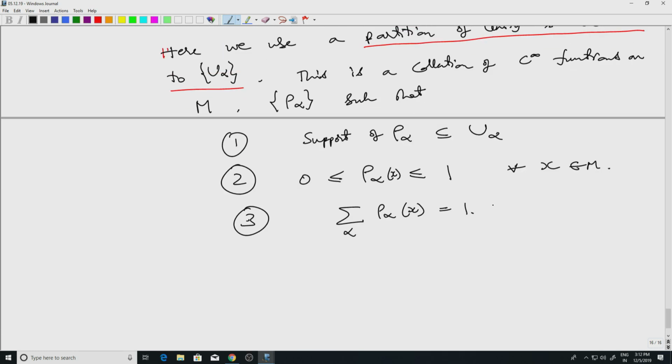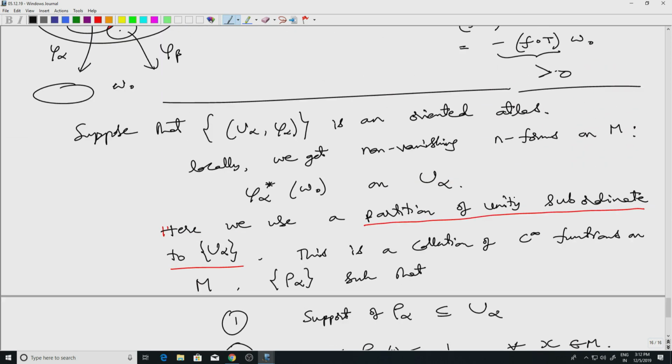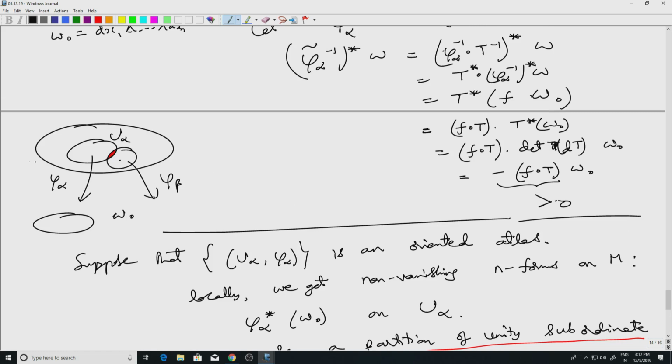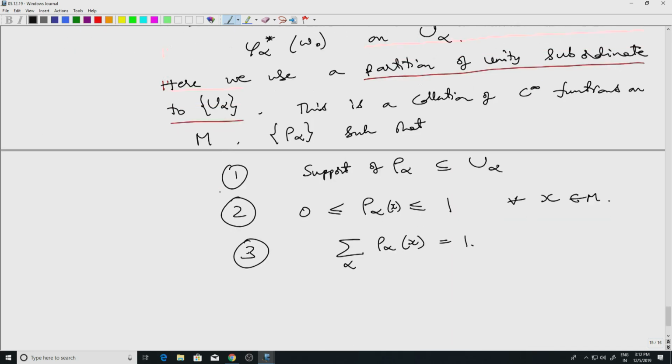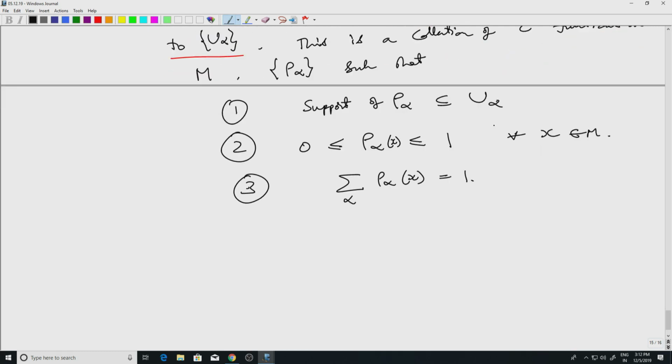If it's countable, at least one can interpret this as a series, but alpha need not be a countable index. Alpha is basically keeping track of how many charts are covering the manifold. Well, but what one can ensure is